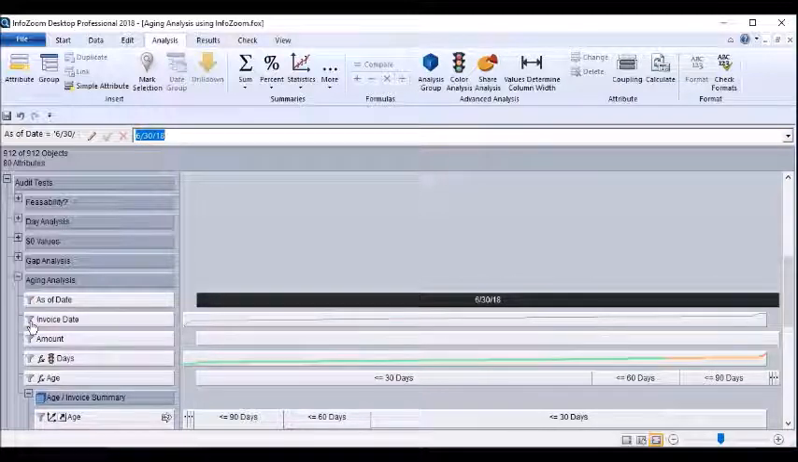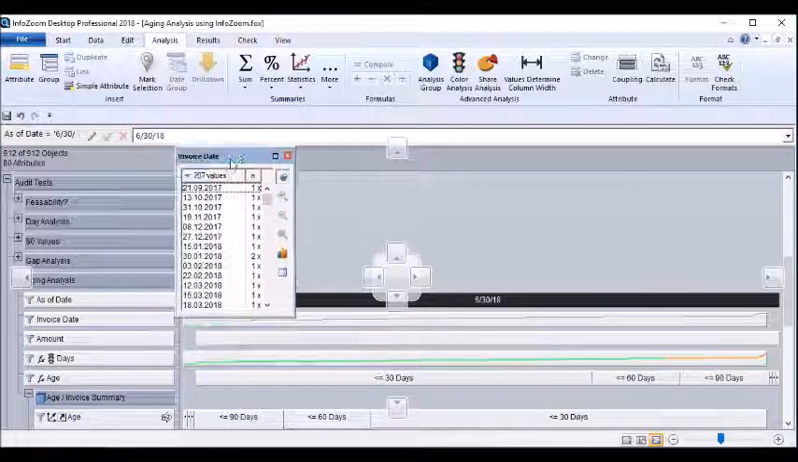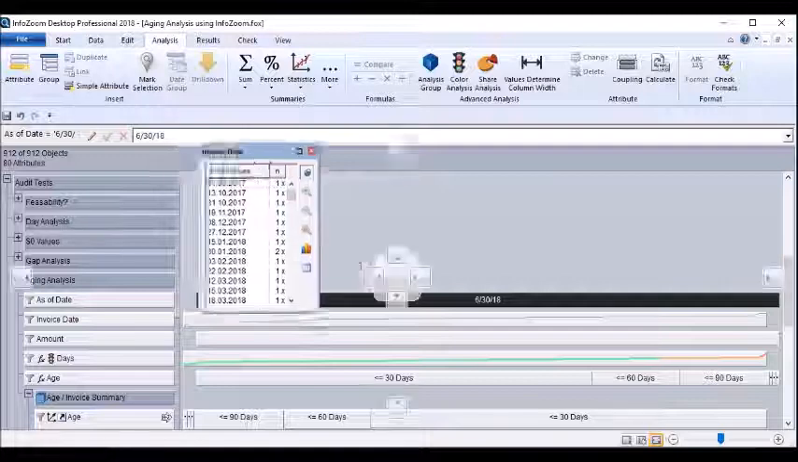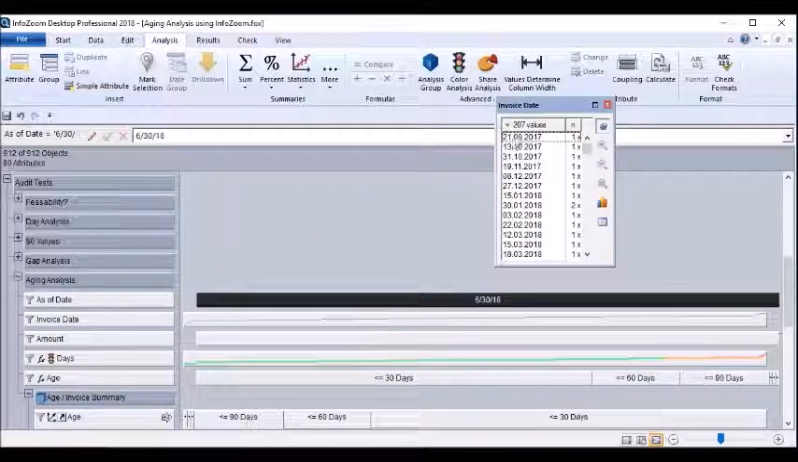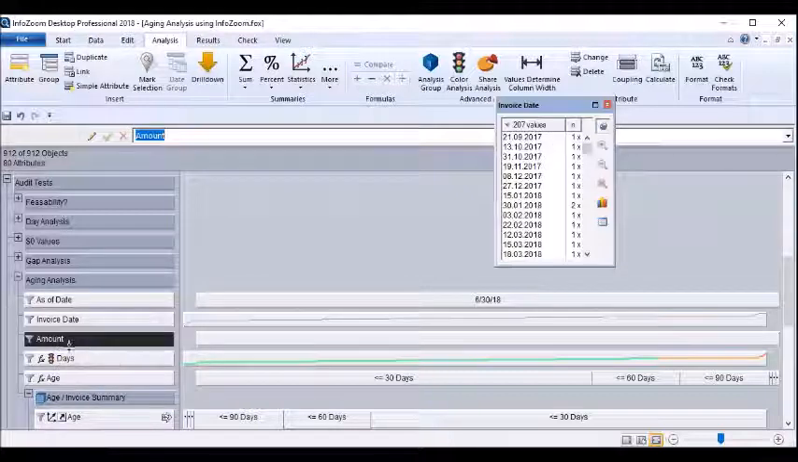Now my invoice date is going to come from your data, either an ERP system or a financial system. I purposely chose here a more European format, which is a day, month, year format, versus the more typical month, day, year format that we would see in the US. But InfoZoom doesn't care so much about the formats. It's one thing that's nice about InfoZoom in that way. So in this case, here I have an amount and then days. So to do the calculation on days,